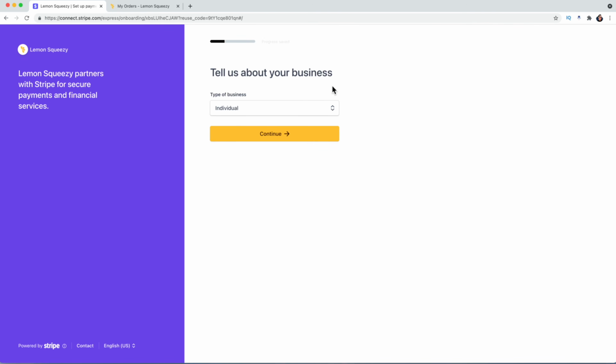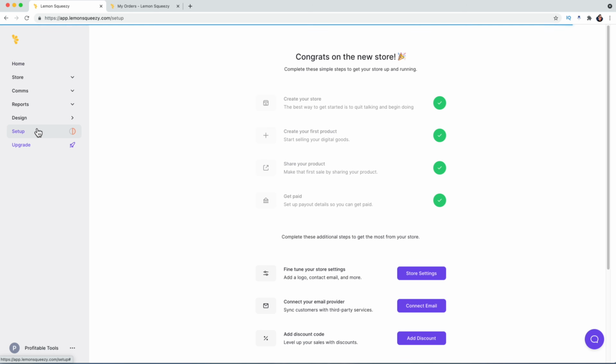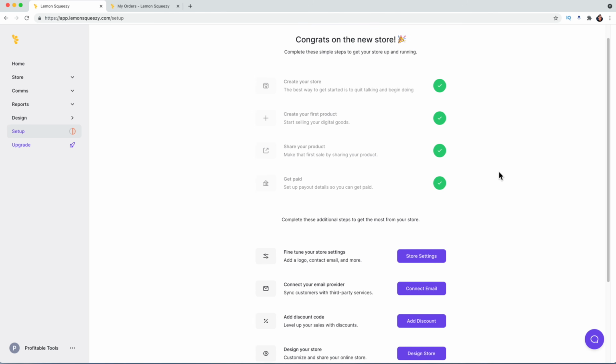And now they're asking for a little information about my business. Okay, so just after answering a few questions, basically the name of the business owner, last 4 digits of social, and my bank account information, I was able to connect up my bank. In all, it took about 30 seconds or so. So now I'm able to get paid and we're ready to move on to the next step of the process here,